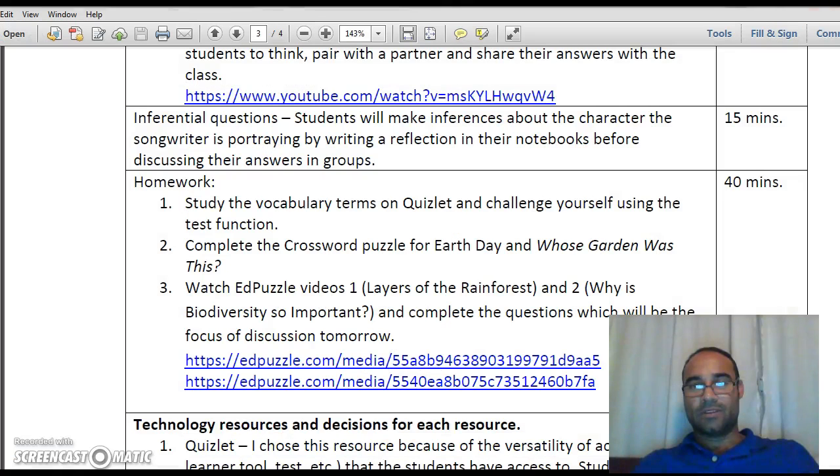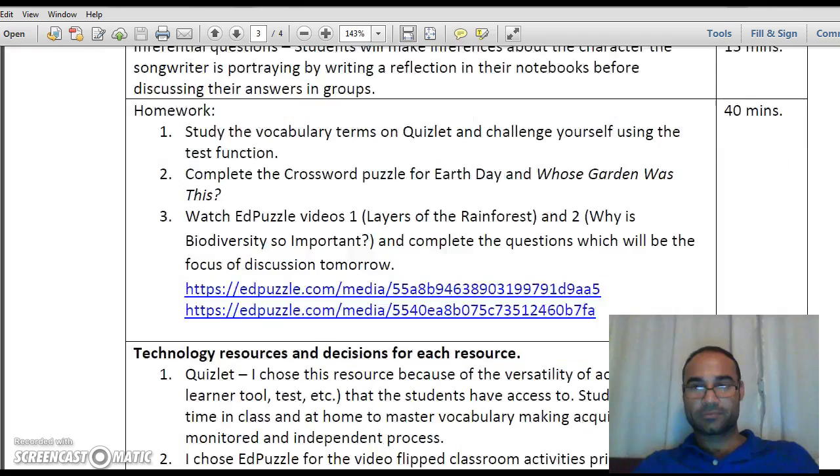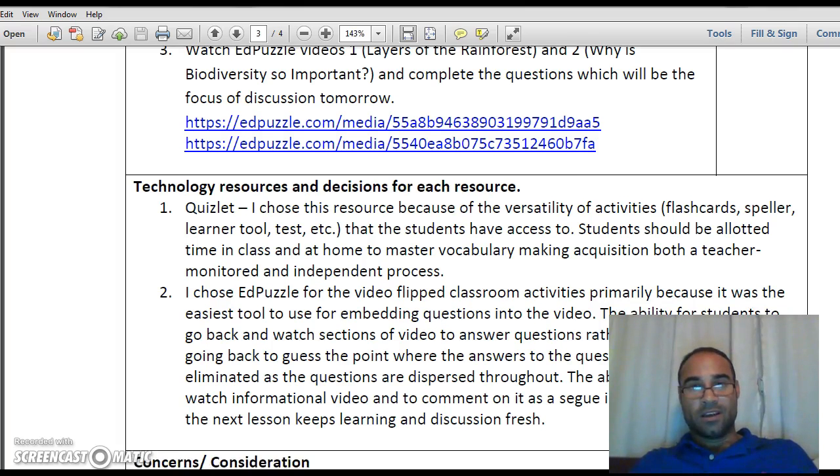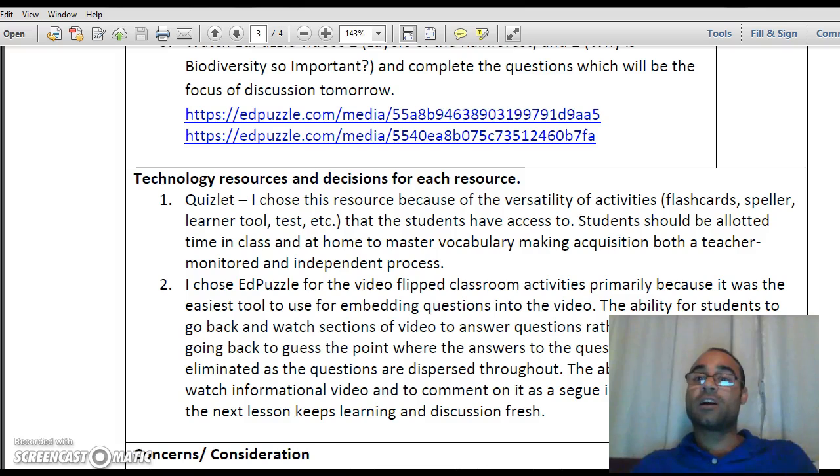So going back to the lesson plans, that should take roughly 40 minutes. And for the technology, resources, and decisions for each resource, I chose Quizlet, that being the first one, because of the versatility of the activities: the flashcards, the speller tool, the learner tool, and the tests that the students have access to that wouldn't be possible with just student-made flashcards. Students should be allotted time in class and at home to master vocabulary, making acquisition both a teacher-monitored and independent process. I'm not the type of teacher who says with vocabulary, go home and memorize. It's through exposure in various contexts and monitoring and using it in context, which you'll see in sentences that use these vocabulary terms in the next